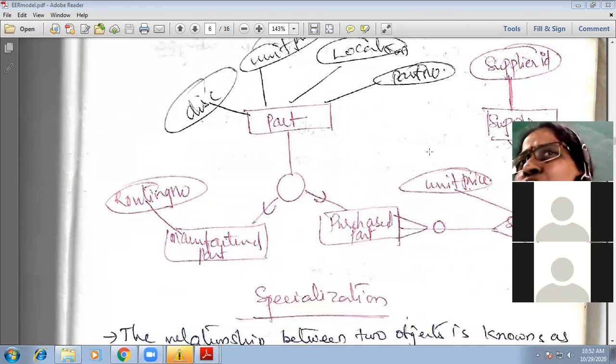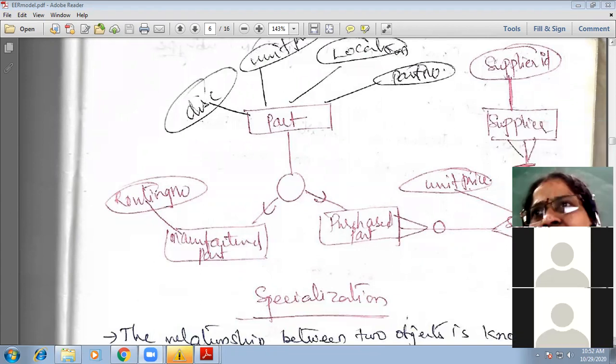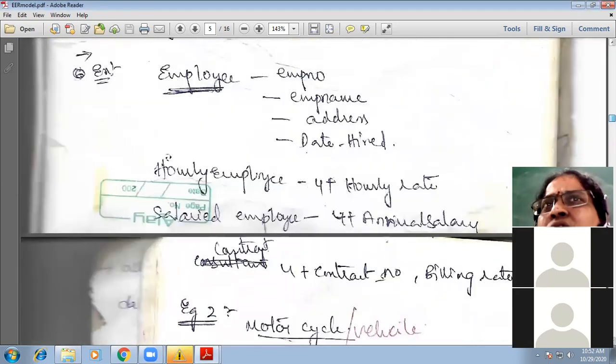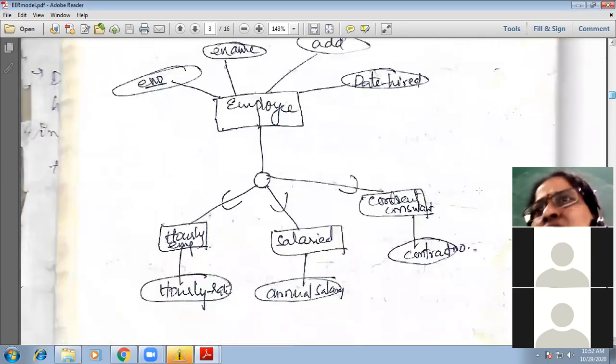So we need to transform this ER model into relations, into tables. Transforming this ER model into relations is called a relational model. We will represent this graphic format in tables. That is called relational model. To transform this into relational model, we need some software, so we will use software and create those tables or relations. In our lab we will use Oracle.